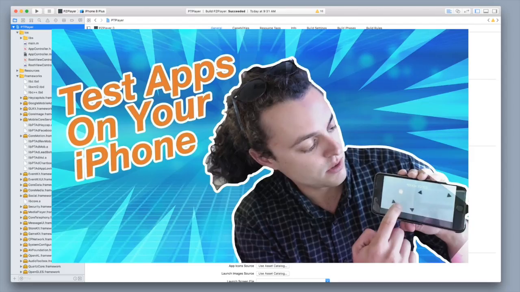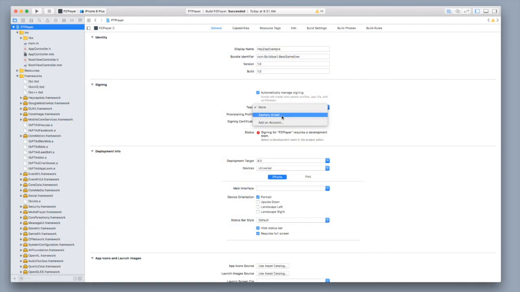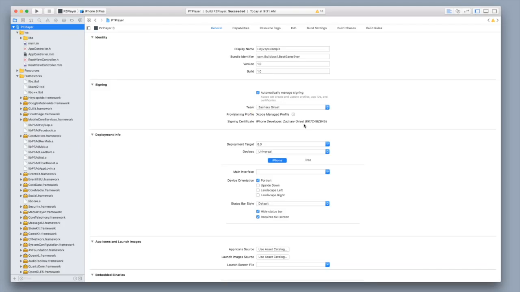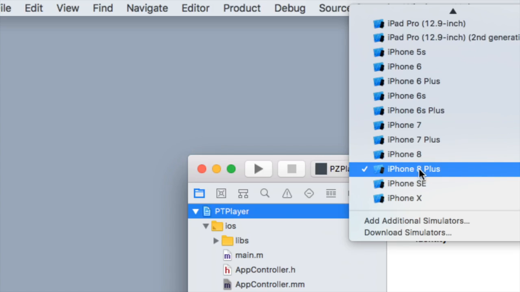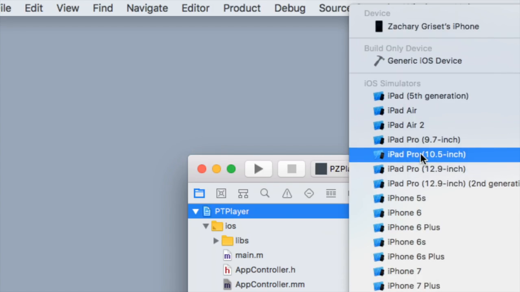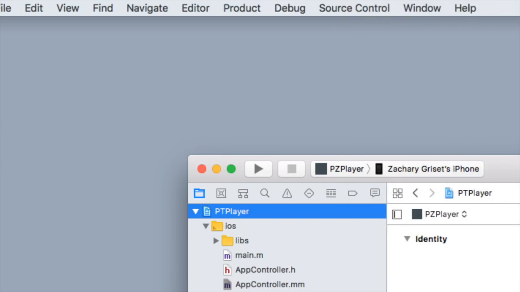So this is another tutorial that I did that shows you how to take your BuildBox games and put them on your iPhone. So I'm going to go over here, and I'm going to select my development team. Now I've shown you how to set this up in the other video, so make sure you watch the other video if you have not set this up yet. So I'm going to select my development team, and then there's no more errors here. Now I can go up to the top left. I can click on iPhone 8 Plus, scroll up, and then select my iPhone, and then now I can run